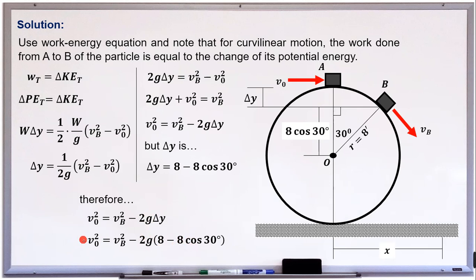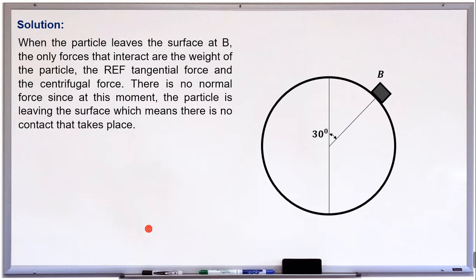Now, this is not yet the final formula in solving for the initial velocity. It's because we still need to know the value of the velocity at point B. So where are we going to get the value for our velocity at point B? Now, the next step is we are going to consider this assumption. So when the particle leaves the surface at B, at this point, only the